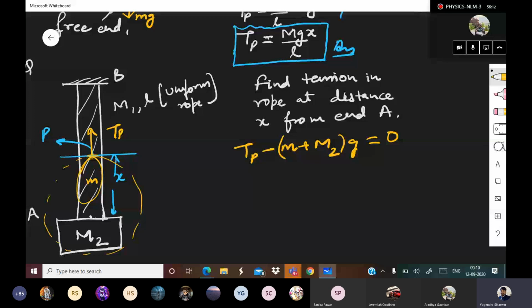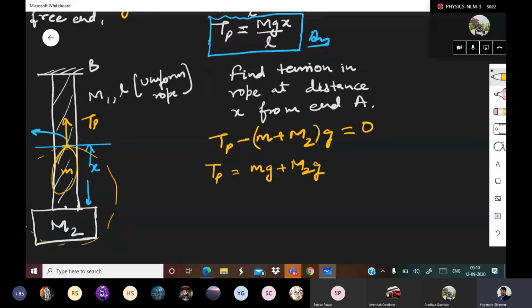Now again the question arises, how much is the value of small m? So like we did in previous question, unitary method. Unitary method is very simple. You use that in every fish market also and vegetable market also. If suppose you are going to purchase bananas and he is selling 12 bananas for 100 rupees, then how much you need to pay for 5 bananas? That's what this method is.